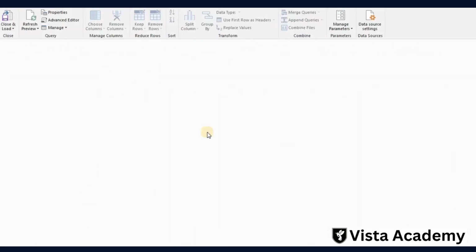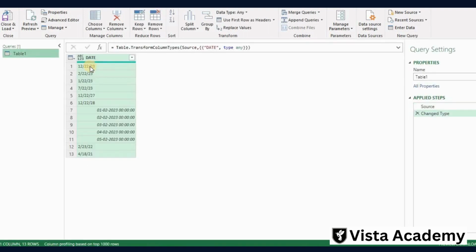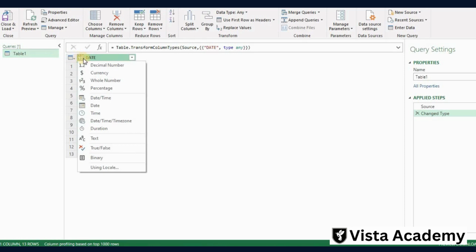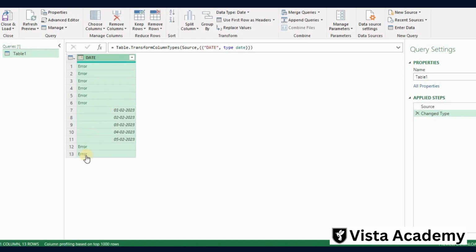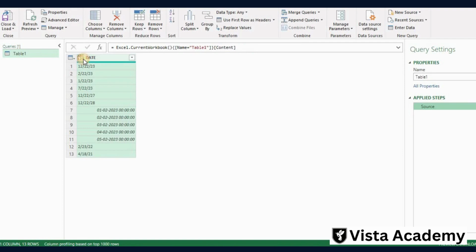It will open a Power Query editor for us, and in this Power Query editor we will have this date. Now if you want to change this, you will see here in ABC it is written that it is in a text format, and if we convert it into date, it still gives an error in other dates where we have the month first. So I will just remove this step and then go here, and here we have Using Locale. I will go to Using Locale from here, and then a window will appear in a few seconds,